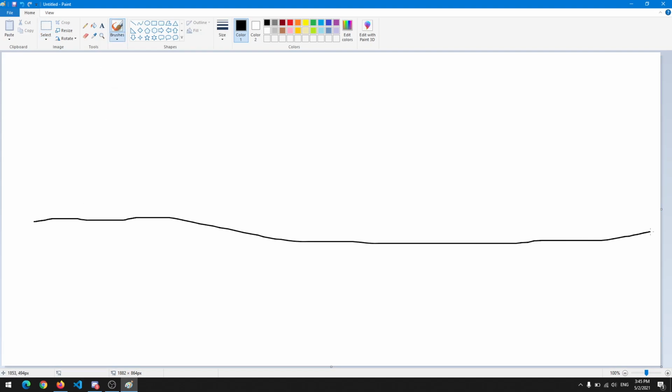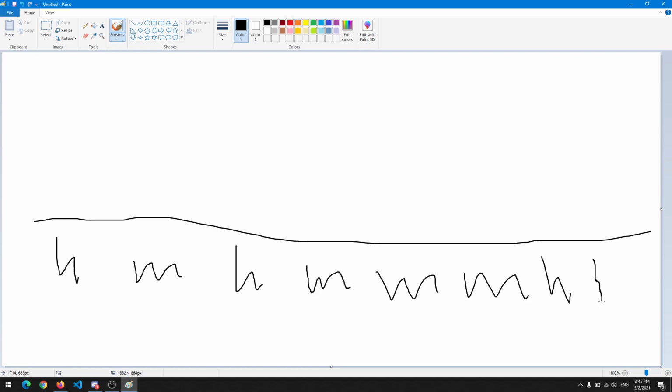So we have a string. Let's put a bunch of h, m, h, m, m, m, h, h. What I said was, for each h, the number of heavy metals is equal to the number of m's in front of it. So we could approach this problem exactly the opposite way. So for each m, the number of heavy metals is the number of heavies behind it.